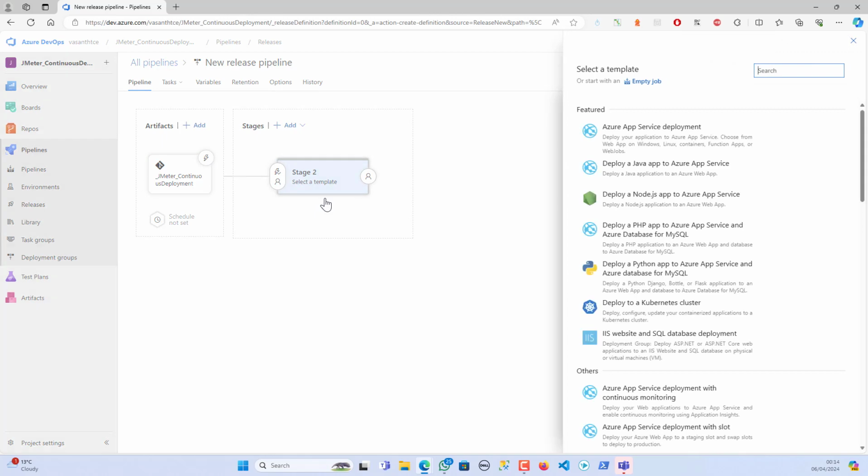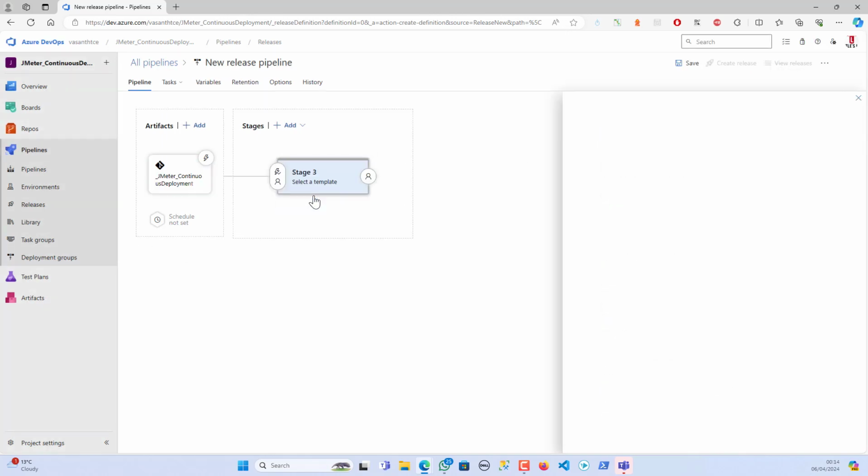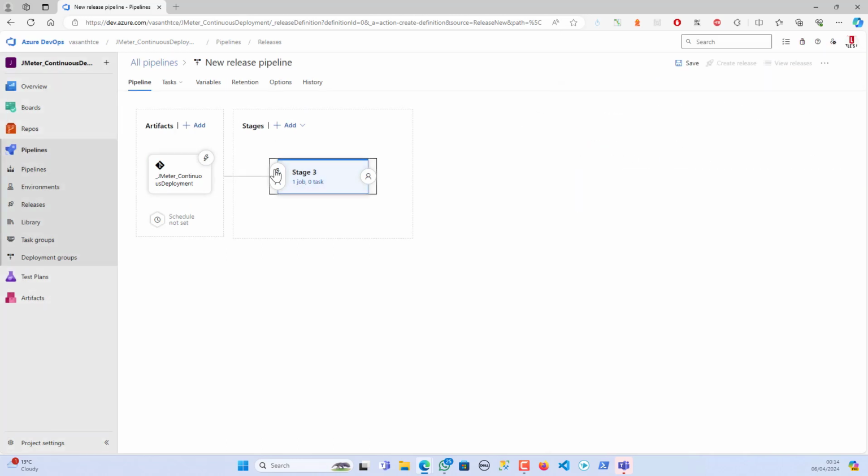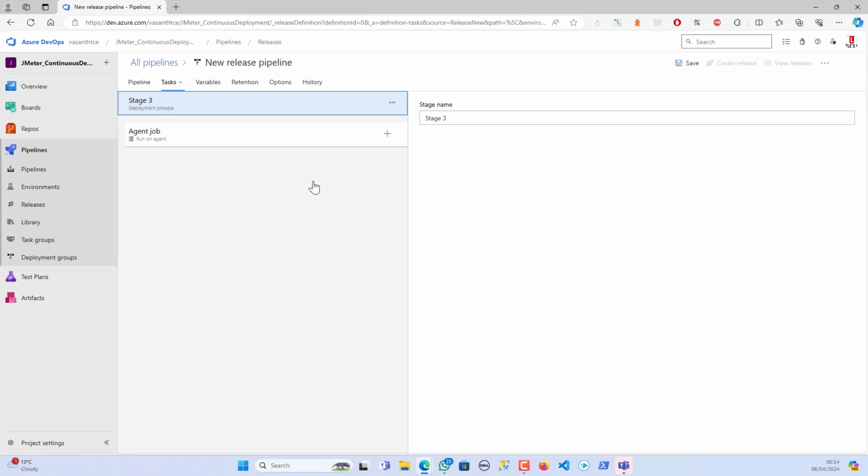And now let me go to the add a stage. Let me close it again. So now we have got add a stage. Okay, sorry. Let me click empty job, and then let me close it again. So now you can see here we have got one job and 0 task. So let's go to this screen here after clicking on this stage 3. So now let me change this name to JMeter